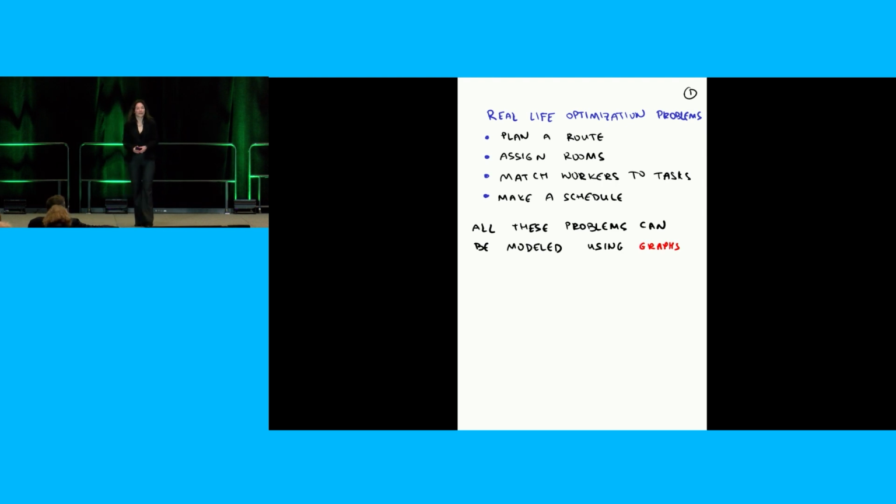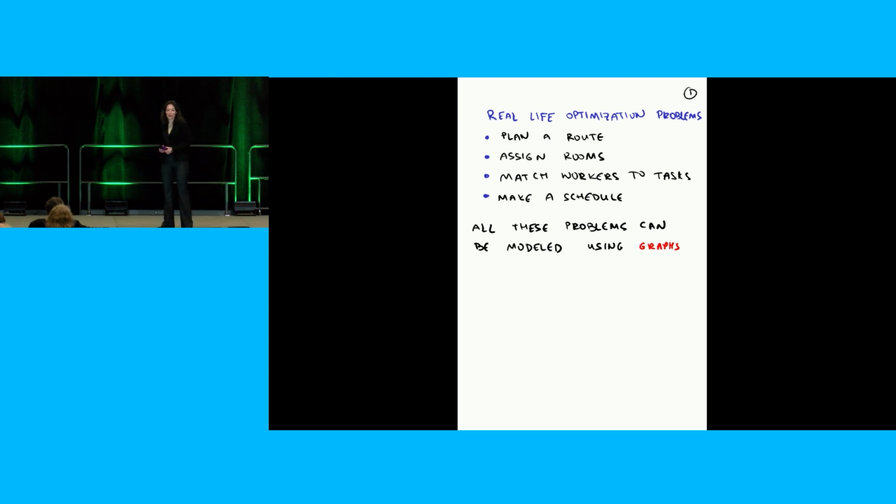up. So, for example, you need to plan a route. You're going from here to there, and you need to figure out what streets to take if you're driving, or what trains to take if you're taking trains, or what planes to take if you're in the United States and you're taking planes. That's something we do all the time, and that's something you could use graph theory to do. Another example, which is closer to, well, I guess planning plane routes is a very relevant thing at the moment, but another thing that's relevant to what we're doing